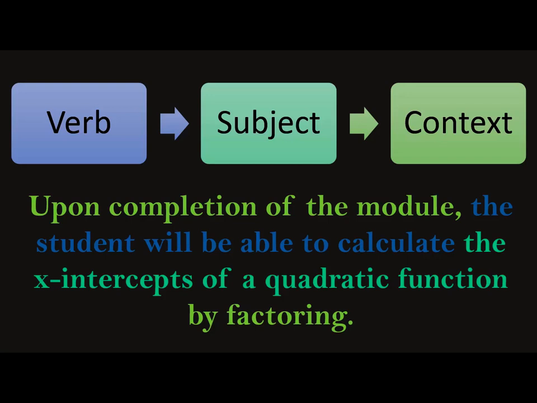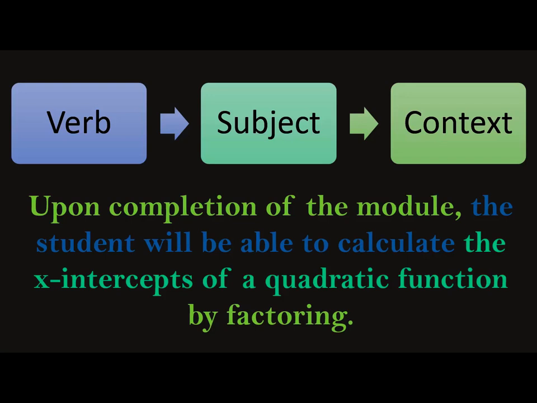And you've probably all seen the verb lists that are correlated to Bloom's taxonomy. So verbs give us something that we can measure. That's why that's there. The subject tells the student what's going on, right? So we want to calculate the x-intercept of a quadratic function and then some sort of context, right? Within the course content,